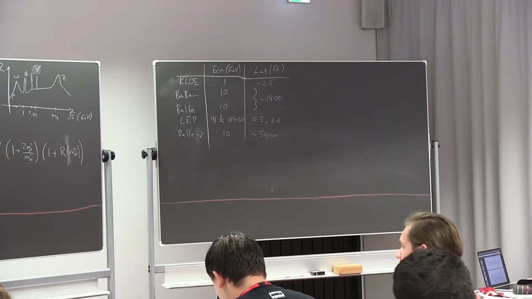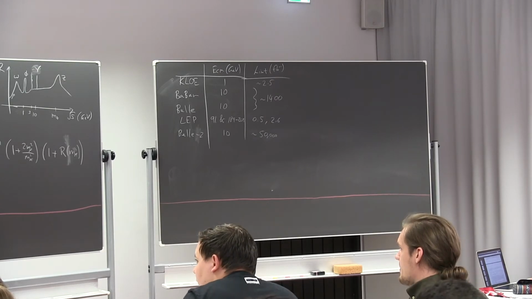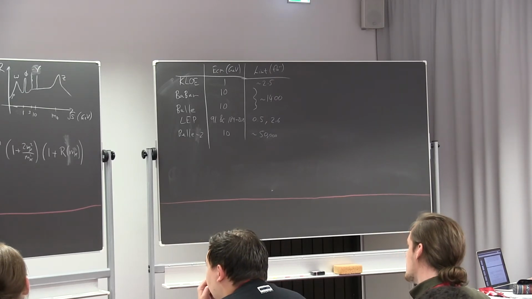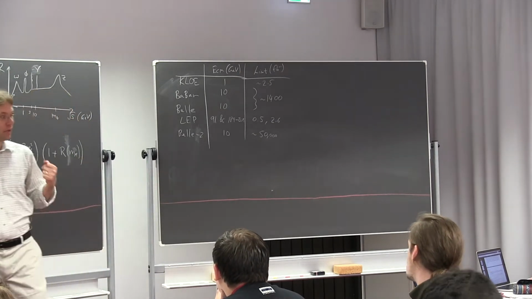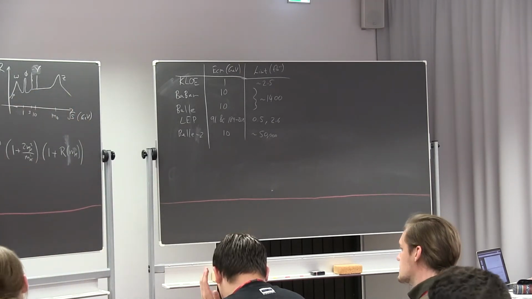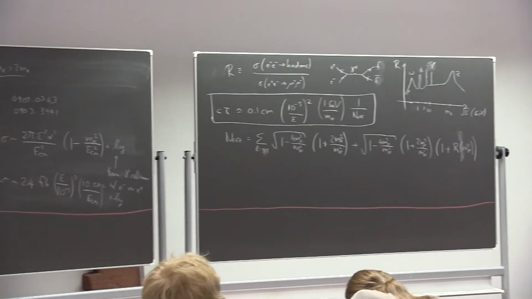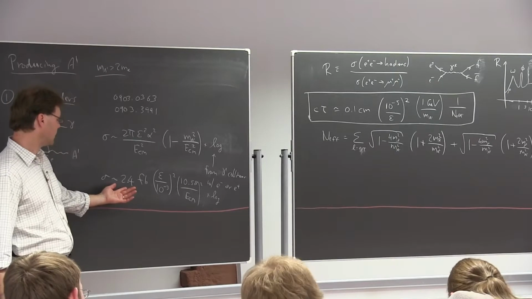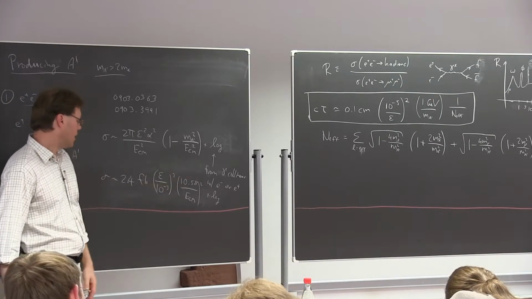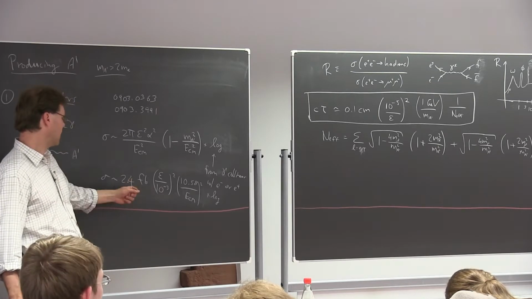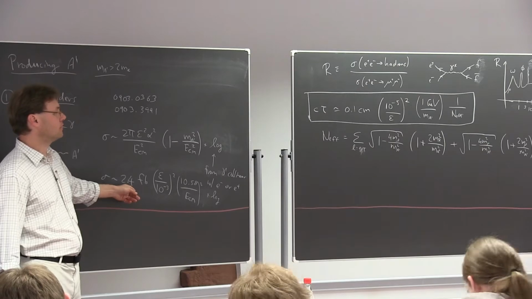Now, back in 2009, when these papers were written and dark photons became popular, BaBar and Belle had not done these types of searches. In fact, they didn't do it until quite a few years later. And you could see here, if I just put in an epsilon of 10 to the minus 3 at the center of mass energy of BaBar or Belle, we have 2.4 femtobarn cross sections, and if you multiply by order 1,000